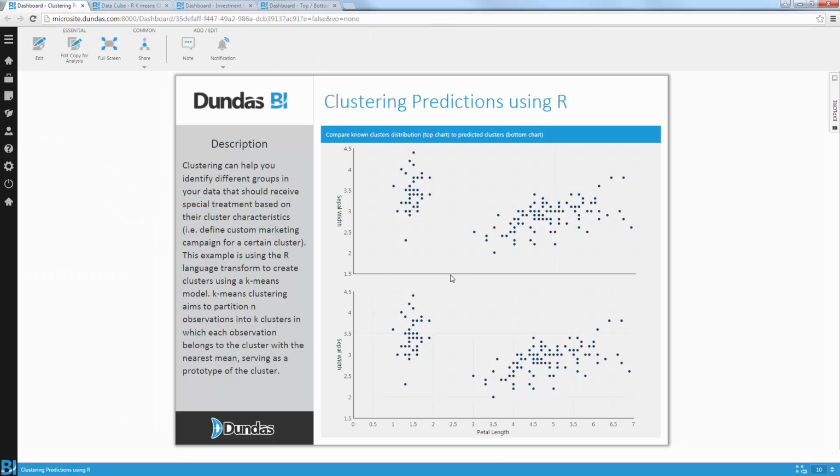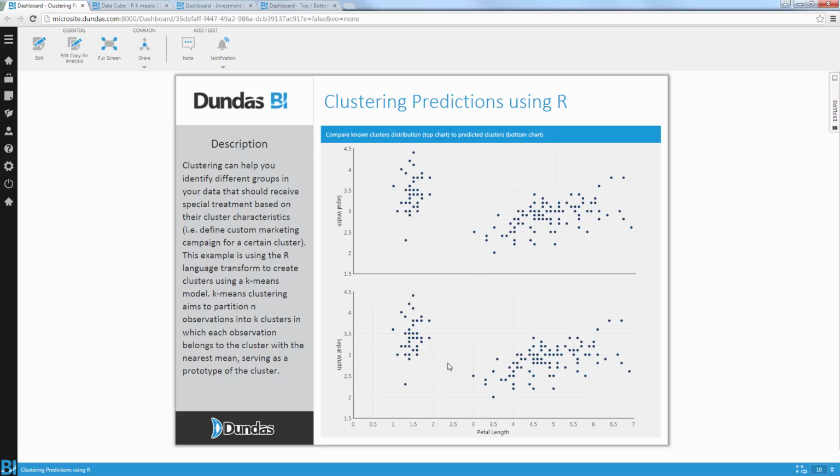So I'll go back in here, and what you'll see is the data displayed. I'm basically showing the sepal width against the petal length of different data points. Each one of those data points is a different measurement, a different sample in my data set. And I'm going to use a top chart. As you can see, it's identical to the bottom one. I'm going to use the top chart to show what the actual clusters look like, what the actual classification of those different samples into different flower groups corresponds to.